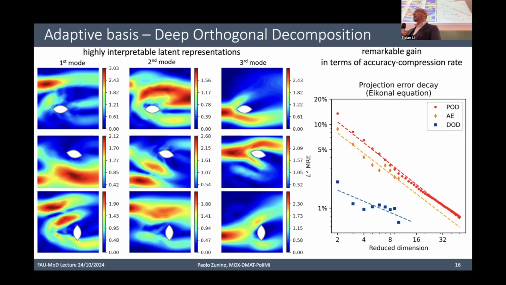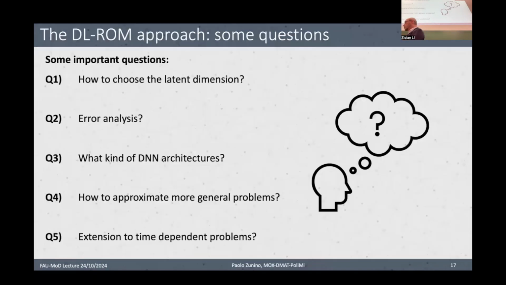So this is quite effective if you want to still use the interpretability of a linear projection method, but with a set of basis functions that continuously adapt to the parameters, which can also be combined with a similar approach that takes care of the behavior of other parameters that have a smoother influence on the solution. So let me come to a second part of this talk, where we actually asked some questions